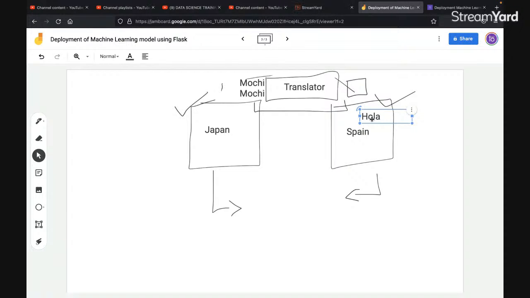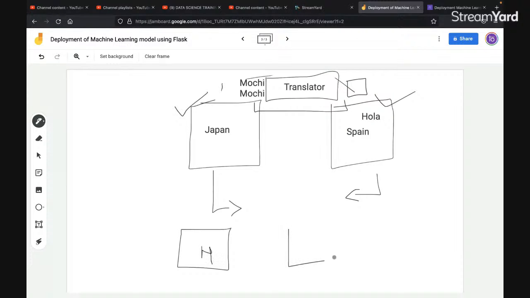So this is the same case: we have a human in one section, and in another section we have a computer or a machine, right? In order to communicate with each other, they need to understand each other's languages.